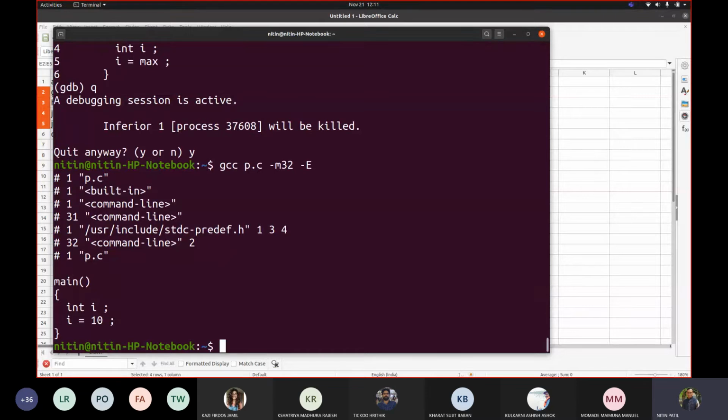now see, this is pre-processing. What was the statement? We wrote hash define max 10, correct? And in the code, we wrote i equal to max. But what happened there? You must have heard about pre-processing, na? Have you heard about pre-processing? Yes, sir. What happens with pre-processing? All macro definitions are executed. Correct? So if a macro is given a call, then the macro value is replaced there directly.